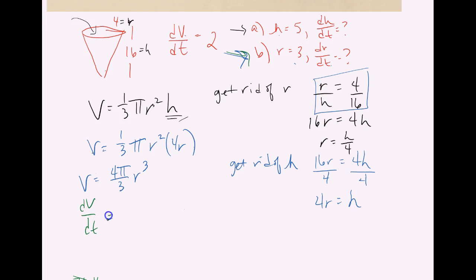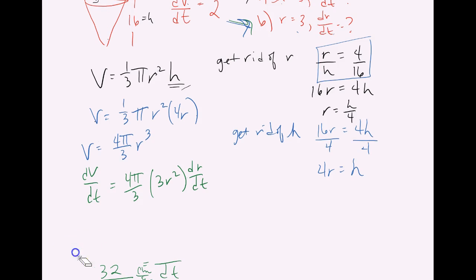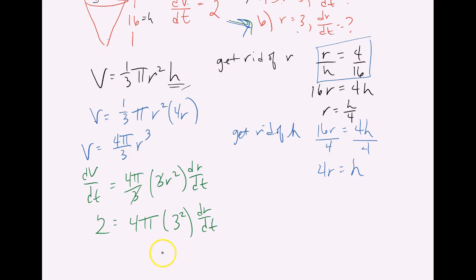dV/dt equals 4 pi over 3 times 3r squared dr/dt, and now we can plug in whatever it told us. This was still a 2. That 3 and that 3 are going to cancel, so I'm going to have 4 pi. What did it say for r? I think it's when r was a 3. So this is now,